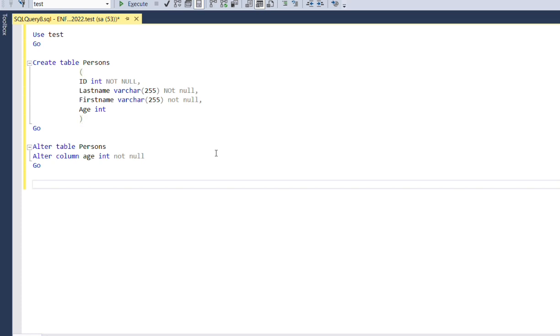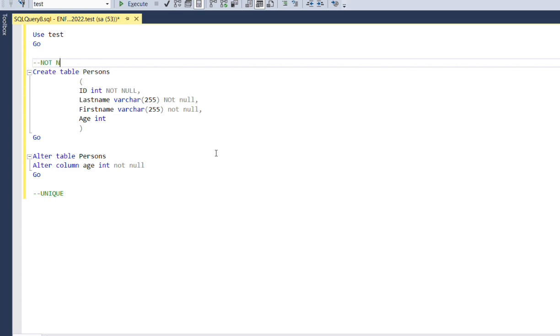Now we will see unique constraint. This is unique constraint. This is not null constraint along with create table and alter table. So unique constraint ensures that all values in a column are different. Okay. Both unique and primary key constraints